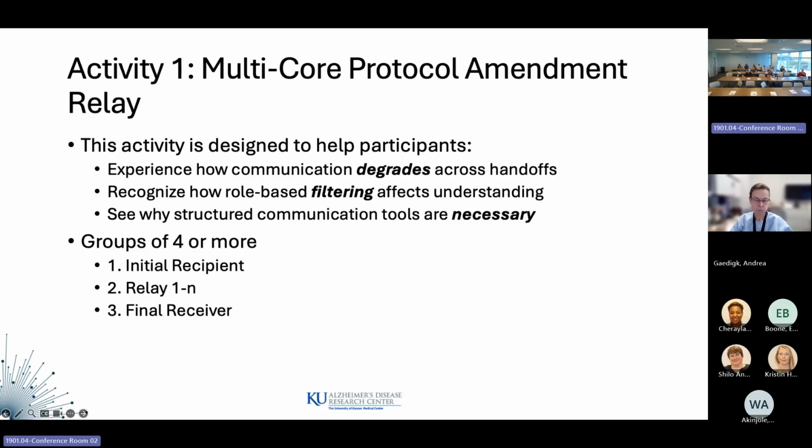I think the rows that we have are fine right now. For those online, give me one second. I'm going to hand out prompts. What this is going to look like is we are going to have a receiver. You can think of this person as almost the PI of the study. Then we're going to have people in between. The receiver is going to read the prompt, hold on to the prompt, but then share what they read to the next person, and so on and so on. And then there is a final receiver. We're going to assume this final receiver is a research assistant who is actively carrying out the study.